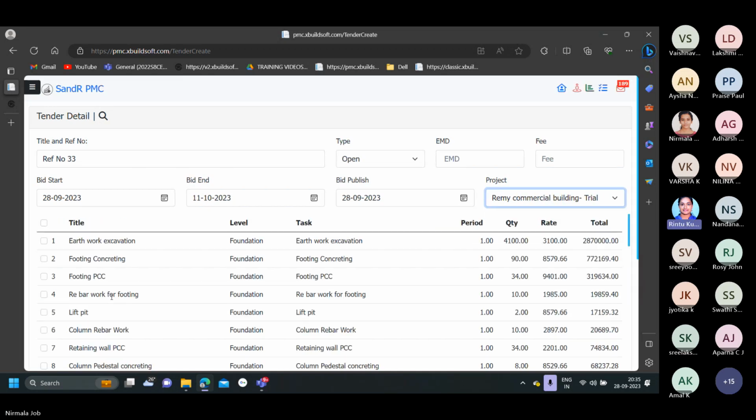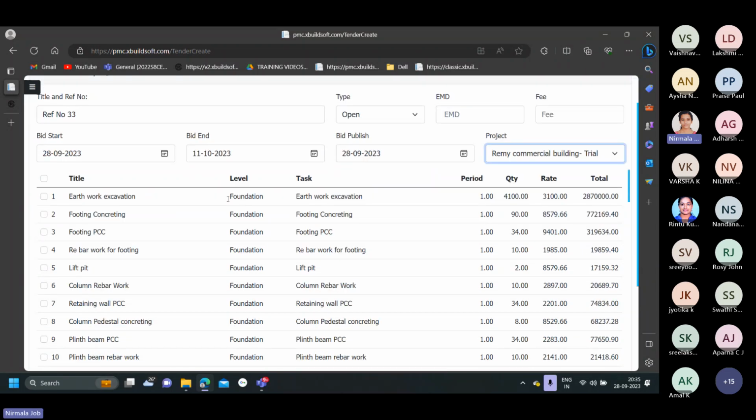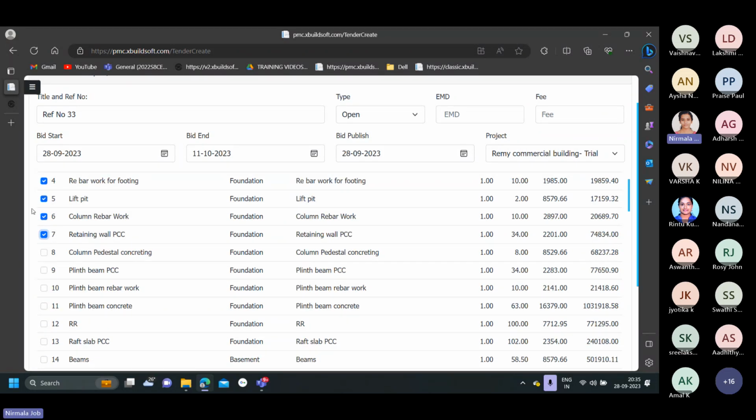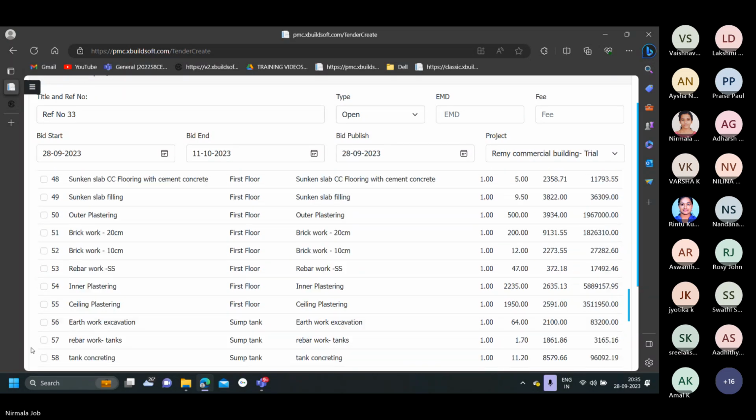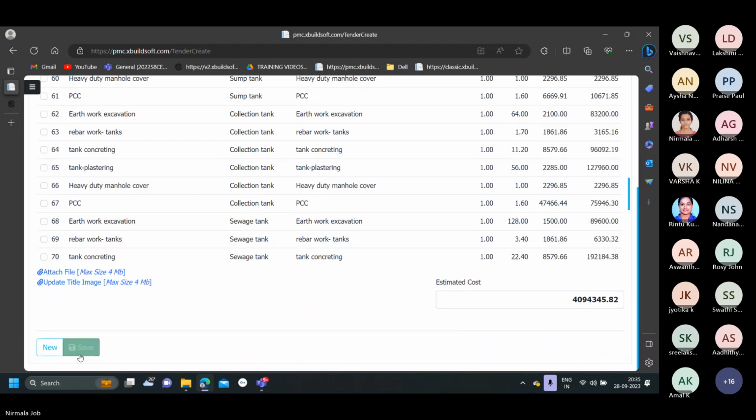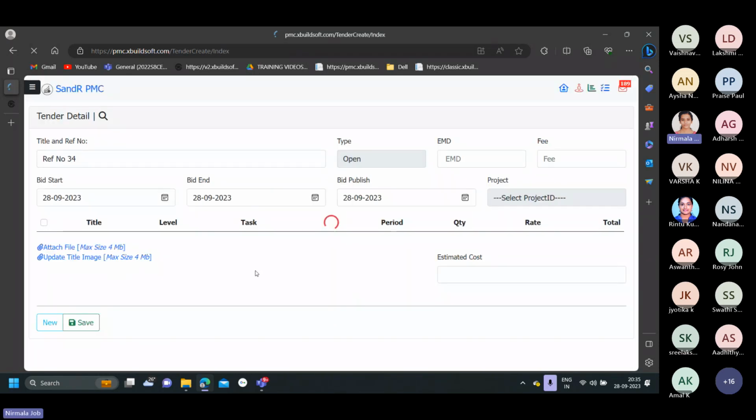You will have to fill the bid publishing date also after bid end date. Okay. And once the list of tasks is shown on the screen, we can tick on the task that has to be created in the tender document. So once the list is selected, we can move to the save option. Once it is saved,